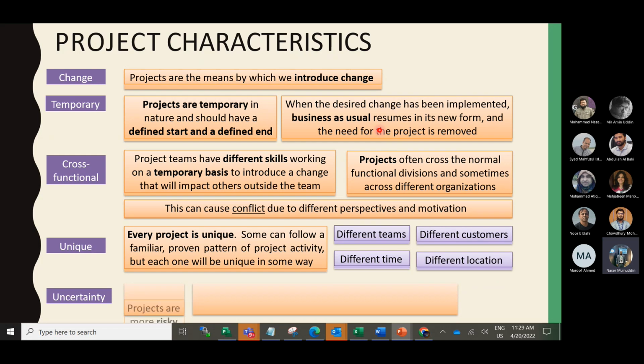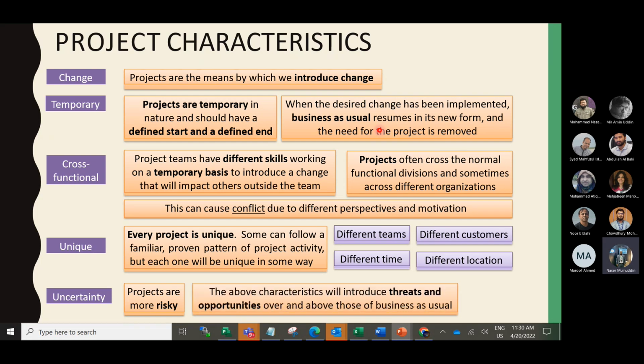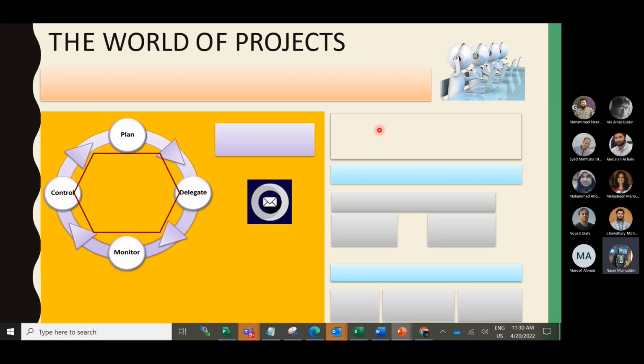And the next aspect is uncertainty. Definitely projects are more risky. Any project, major risk or minor risk. The above characteristics will introduce threats and opportunities over and above those of business as usual.